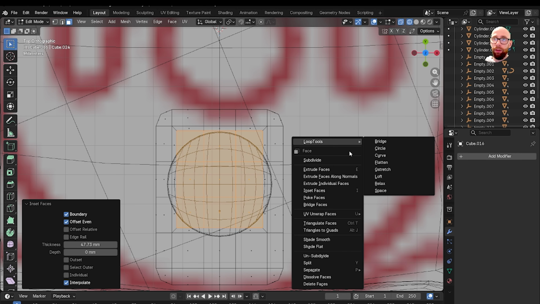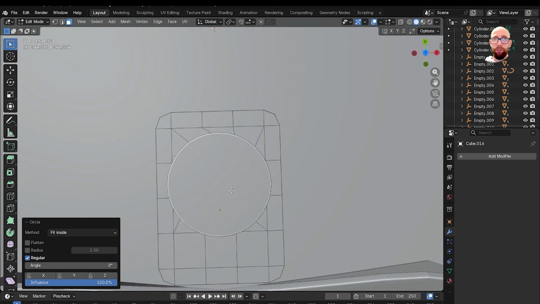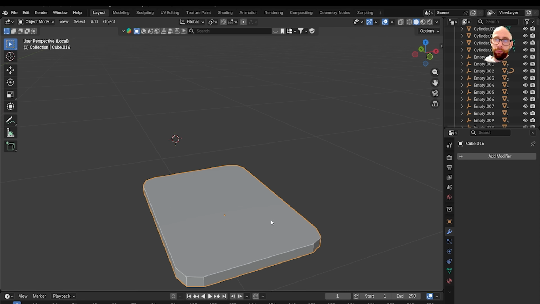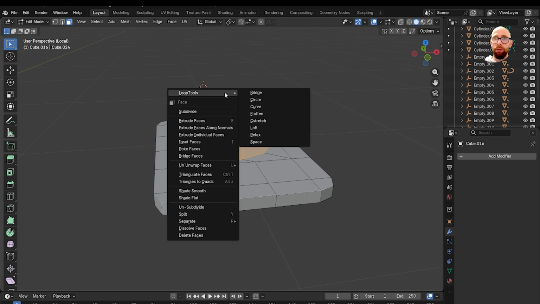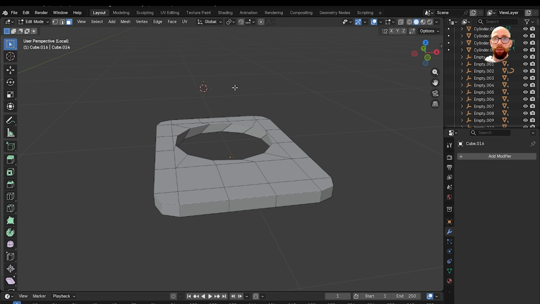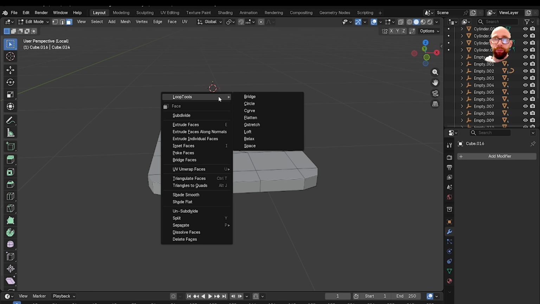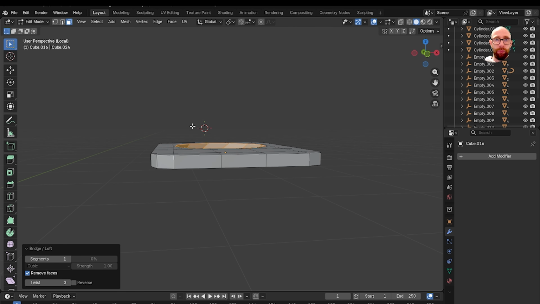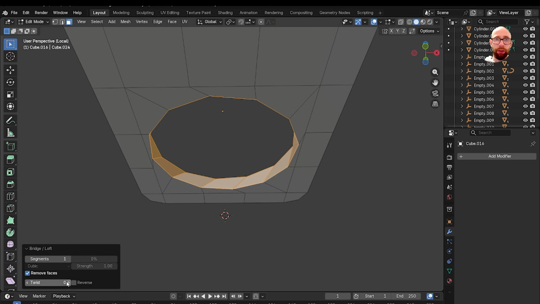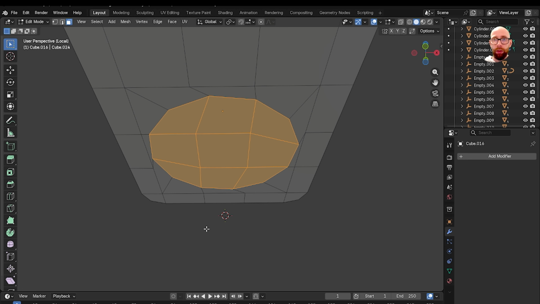I equals add circle. Right click. Bridge. Now it's twisted a little bit for some reason. Can we untwist that? Okay, so instead of that,